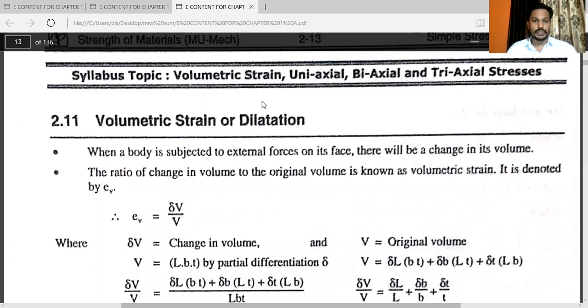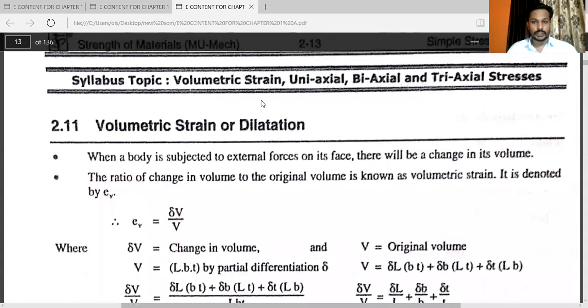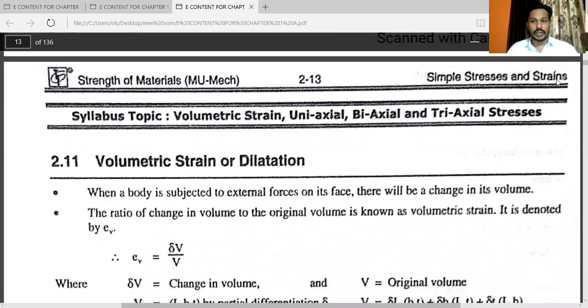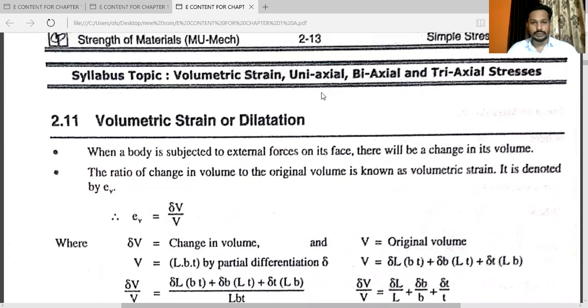Here we are going to start the new syllabus topic. The chapter is simple stresses and strains. Here the important topic is volumetric strain, then uniaxial, biaxial and triaxial stresses. See,